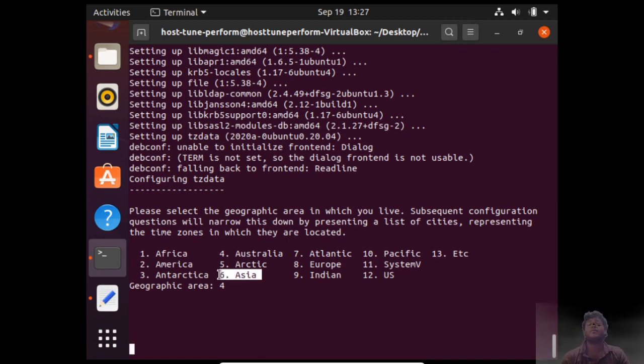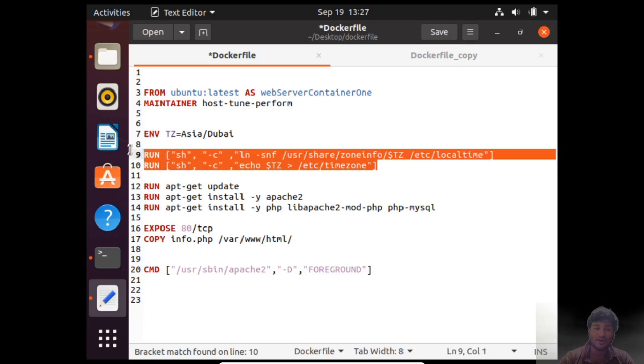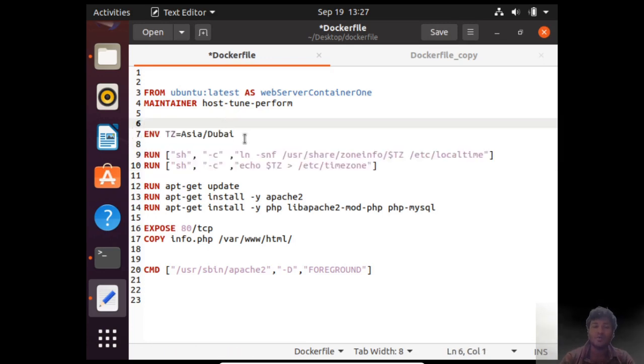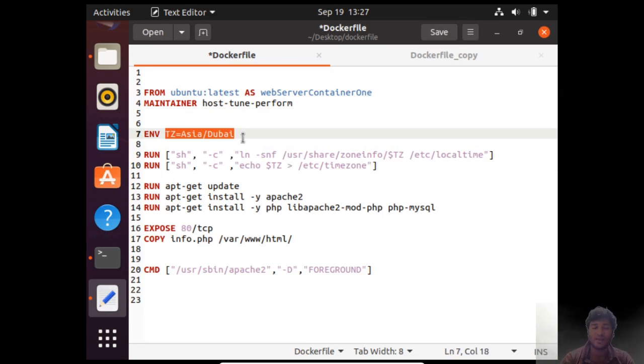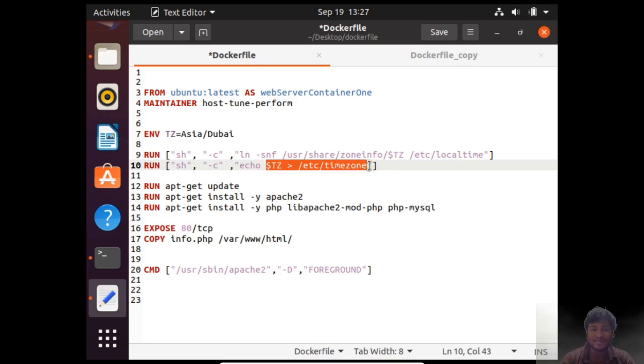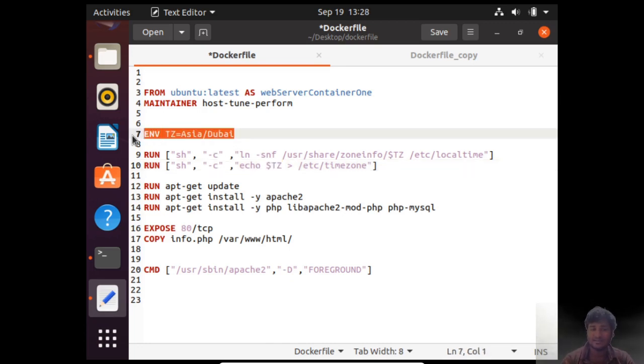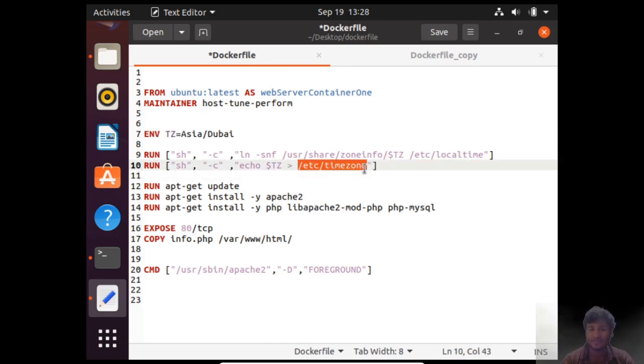So even though we will not be making the Debian frontend non-interactive, we can make the Apache server work. These are the 2 or 3 lines of code which make this work. What we are doing is just defining a variable TZ and putting up the value, and then we are echoing this value and placing it in this file, which is there in etc, and the file name is timezone. This arrow means put the data which is coming through the TZ variable. The value of variable TZ is this, and just put it in this time zone.